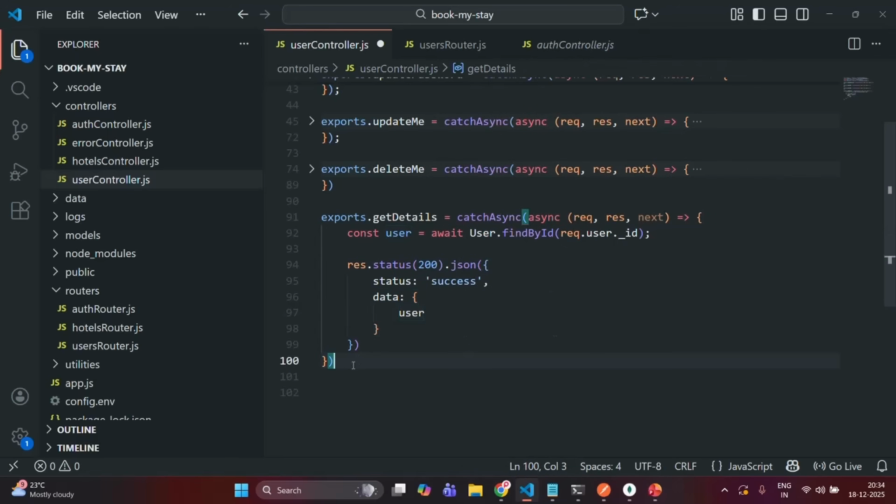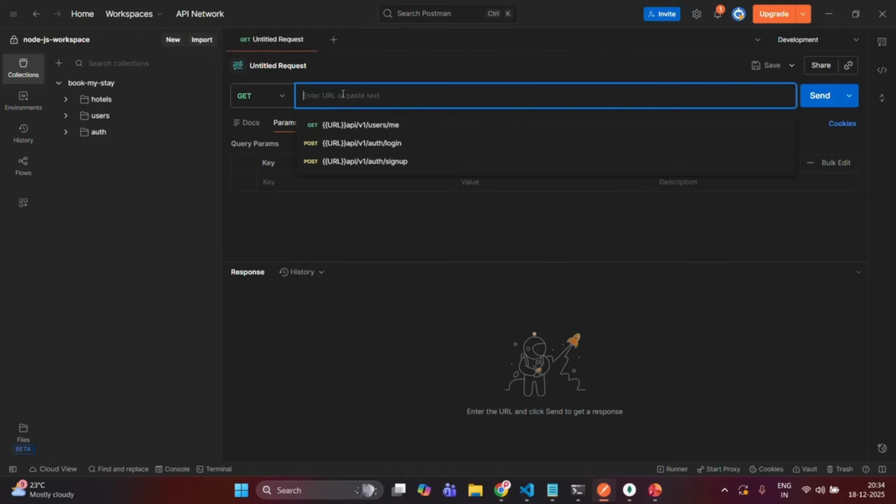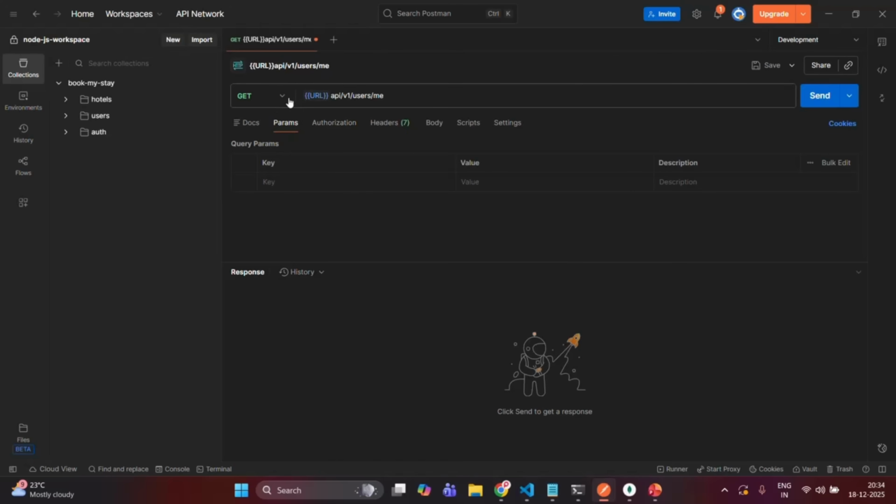Let's go ahead and test this API. So let me save the changes. Let's open Postman. And here I'm going to make a new request. So I want to make a GET request to /api/v1/users/me. Okay. And before I make this request, what I also want is, let me open